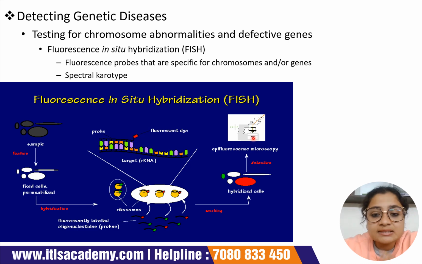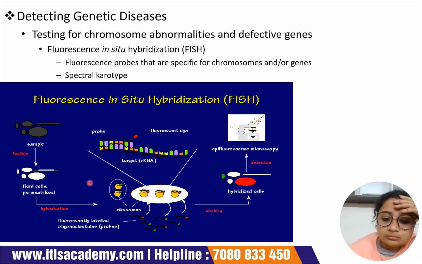Why fluorescent? Because in that case it will be able to give us the signal by the color change, exactly what is shown over here, as you can see in the diagram. So we have the rRNA, say for example our target gene, and then we have the fluorescent dye which is being loaded with the probe. Accordingly there will be a color change, and when we observe it under the fluorescence microscope, it will produce a specific type of color. If that color is produced, that means it is positive, that particular gene is present in the patient. And if there is no fluorescence, then we will conclude that the result is negative, meaning the patient is not suffering from that particular genetic disorder.